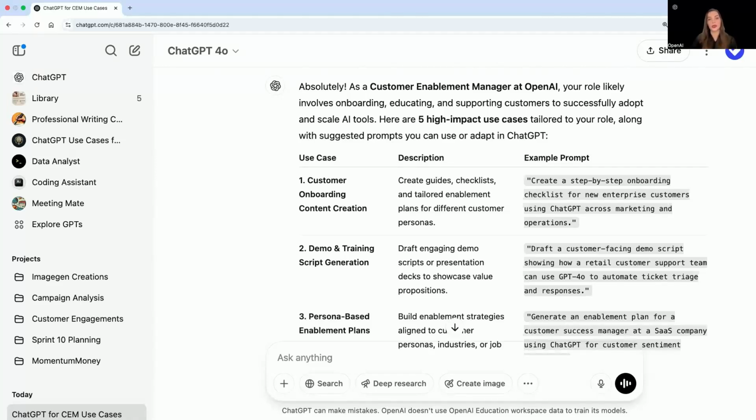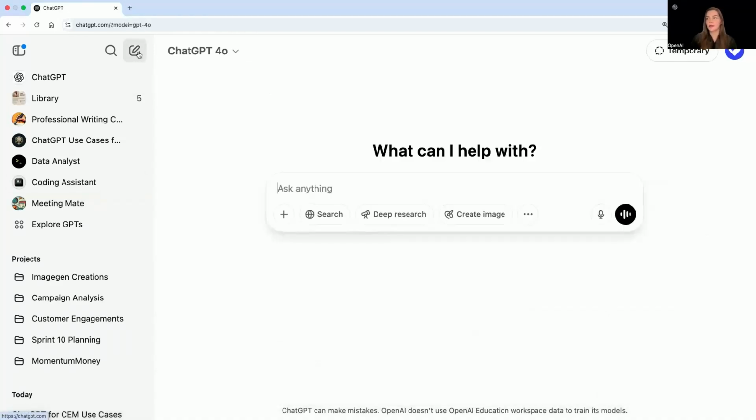So let me now show you how that works. To do that, I'm going to navigate to the new chat icon. And when I click here, that's going to take me to a new chat. I would strongly encourage you to trigger a new chat every single time you're switching topics or you are asking a new request of ChatGPT. This makes sure that ChatGPT doesn't get confused and it provides you the most relevant response based on the context